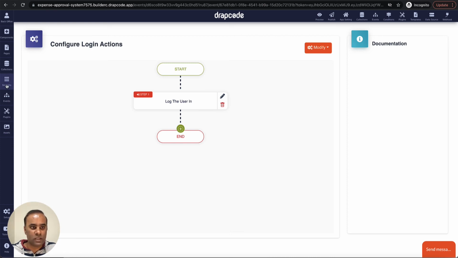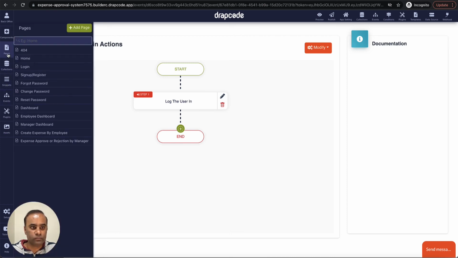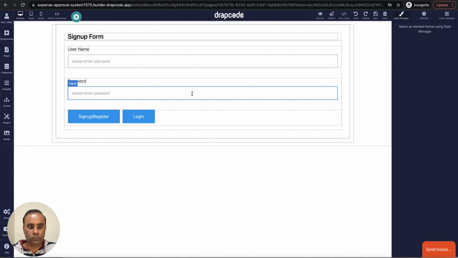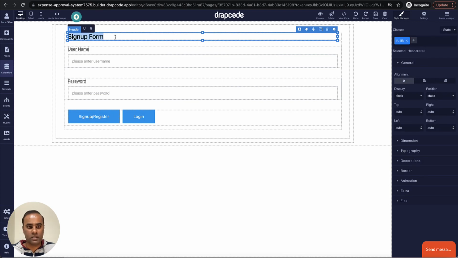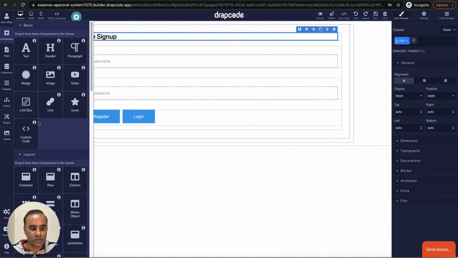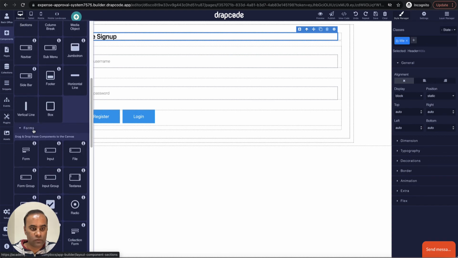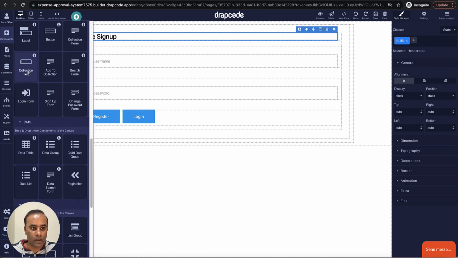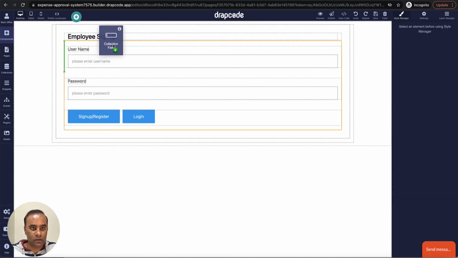Now let's fix the sign up flow. So let's go to the sign up page and see what is happening there. Okay, here, so I'll just change it to employee sign up. Okay, and maybe put the remaining field, which is the first name, the full name. So we'll go to the collection and drop a collection field, right?